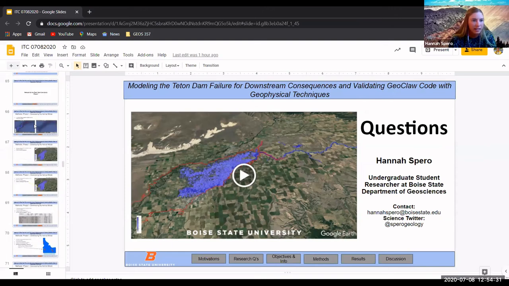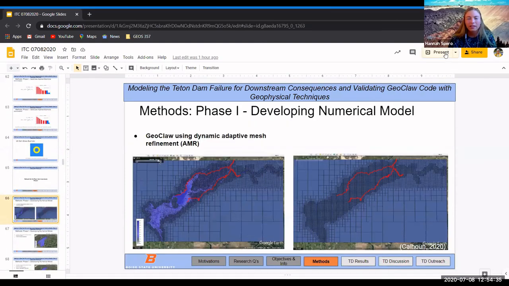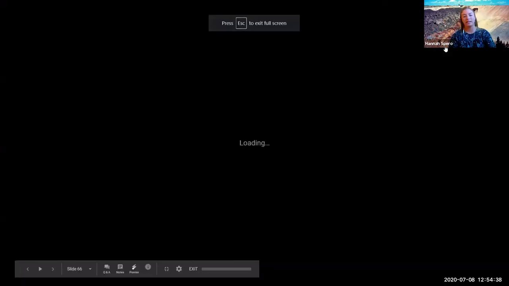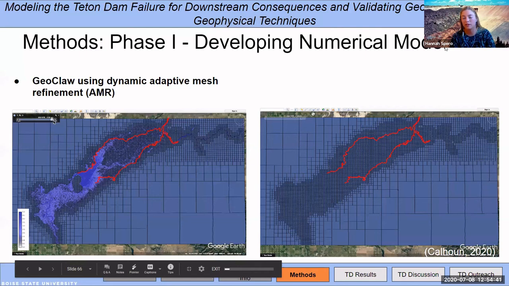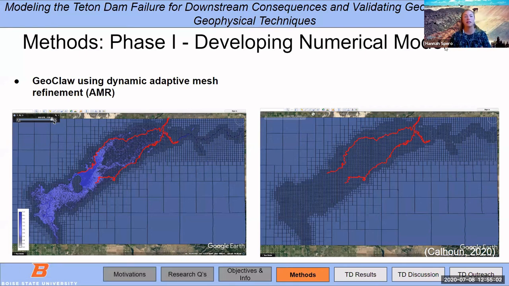That's a good question. I'm going to find the image so I can share it. As of right now, when I began working on this project, there was a model already in creation by Dr. Donna Calhoun. It did have the AMR instituted into it, but GeoClaw in general models to the topographic refinement. So if I'm inserting 10-meter resolutions, it'll model down to that, but it won't go further. If it's 20-meter, the grids will be a lot coarser and spaced further apart, but it will be accurate to the 20 meters. So here we can see how it's adaptively refining within the reservoir specifically